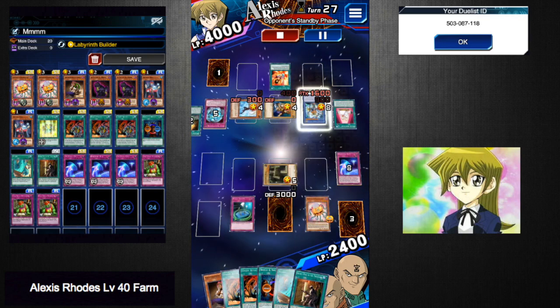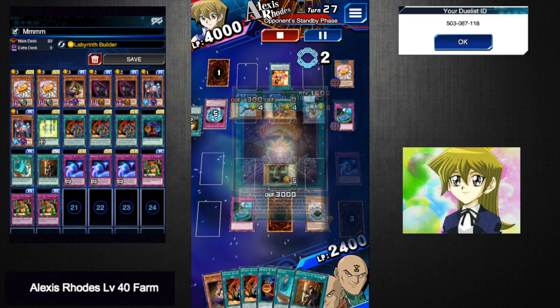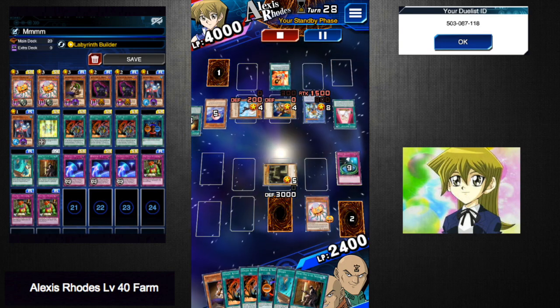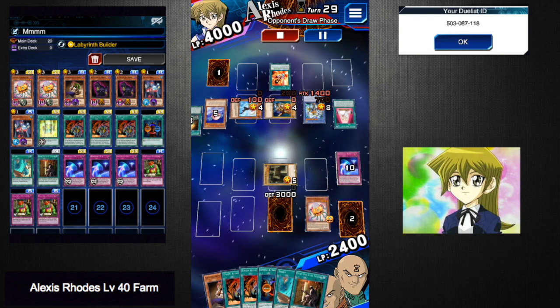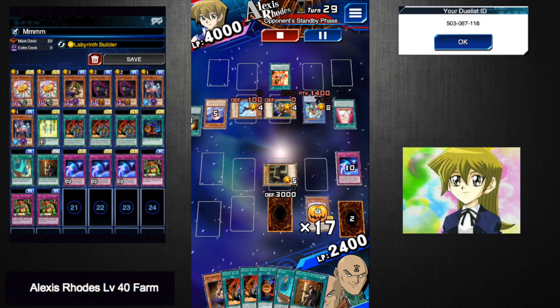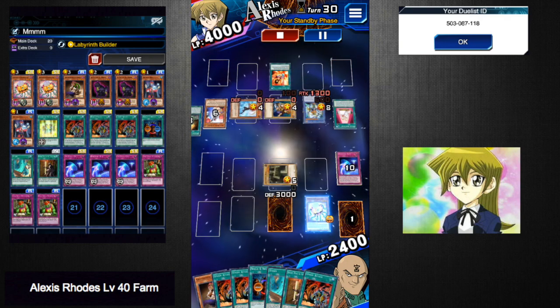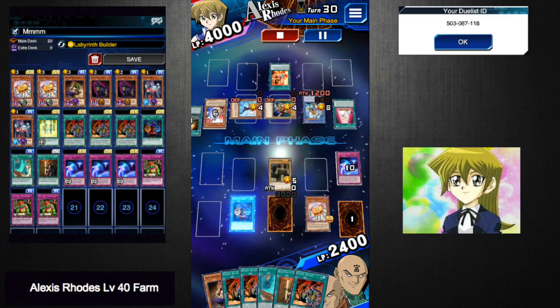So also, if you have a better way to farm Alexis Rhodes, please comment that down below because I'd love to see other ways that people are doing this. And Machine Angel Ritual being in the graveyard each time just does not make Ritual Sealing work, and I think Good Goblin Housekeeping is going to make this deck just a little bit more consistent. So maybe I'll have another video on that, maybe I won't. I'm not sure. It depends on what you guys want. If you do want to see a follow-up video to this with...